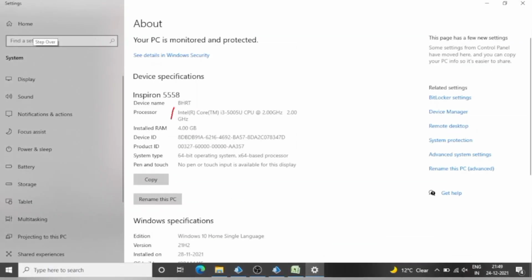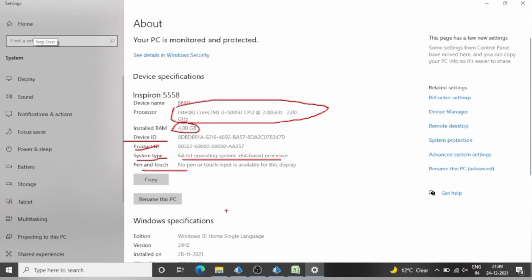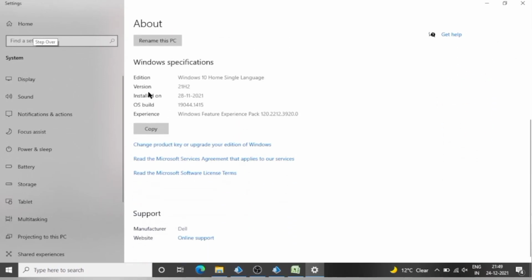For example, this is my system and this is the configuration. Now I am able to read 1 lakh rows of an Excel file, I mean more than 1 lakh rows.